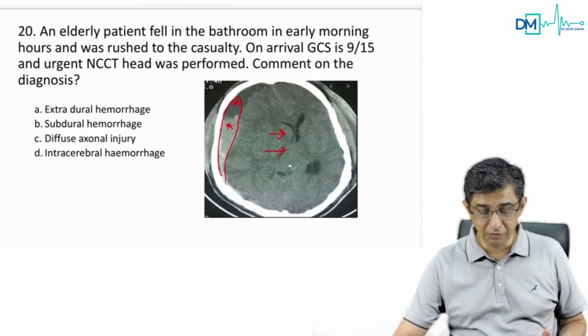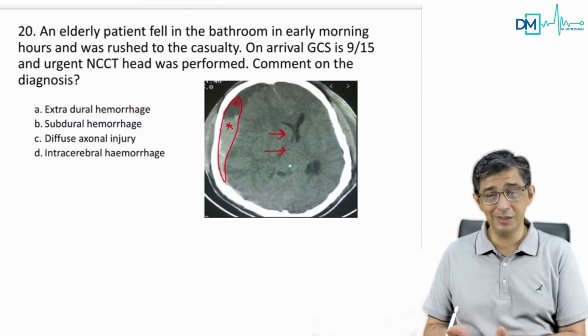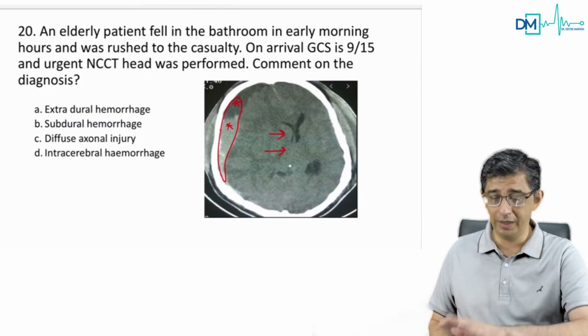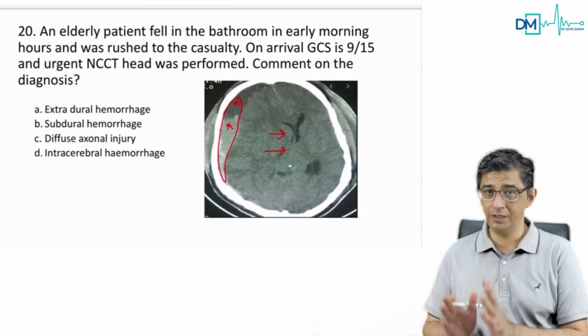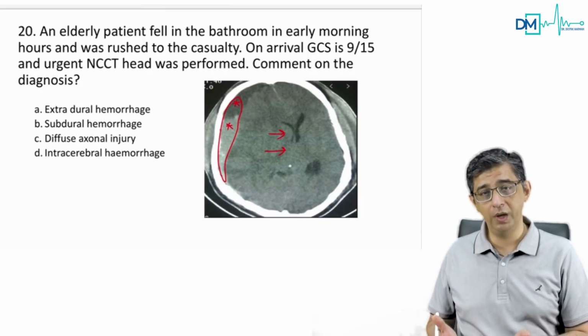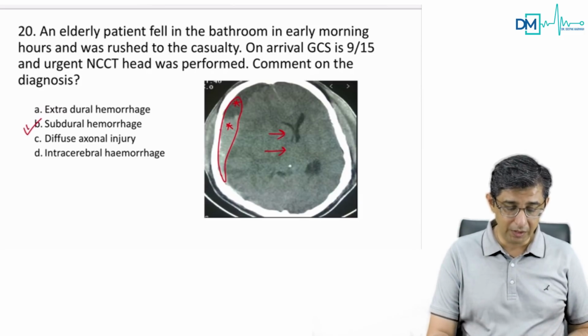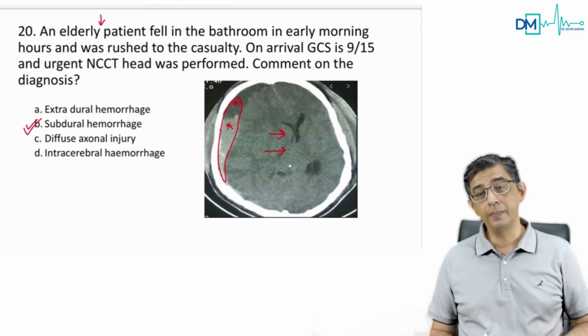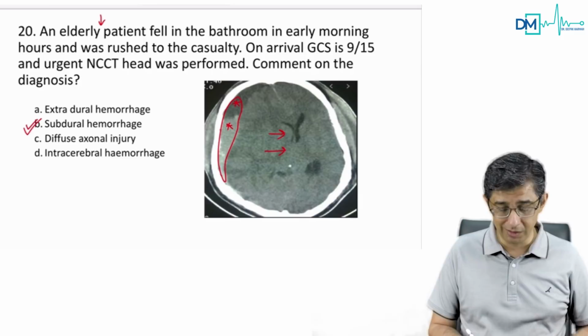But I just want to highlight the fact that even if you can't pick it up, or even if the image was not exactly like this, guys, there was a midline shift. That much I know. My TND batch guys are very brilliant chaps. They told me, sir, there was a midline shift and the person fell in the bathroom, so what will the diagnosis be? Subdural hemorrhage. So, sir, this question gets cracked from the first line itself. So a lot of these questions are having pointers. That is what I'm trying to tell you. Those pointers are the ones which are to be cracked.